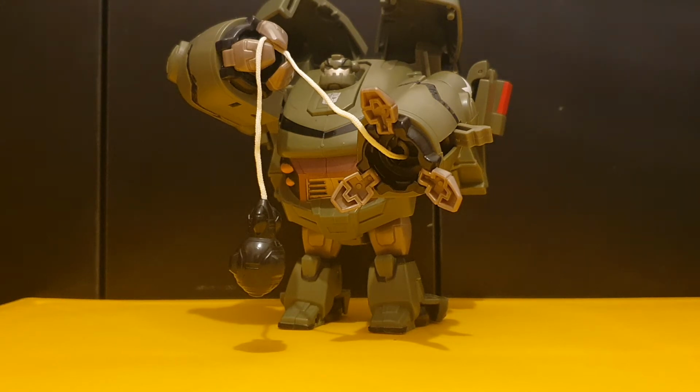But other than that, do I recommend Bulkhead? Well, if you don't have the Leader Class figure, then maybe go for the Leader figure, I don't know, but if you like Bulkhead, then this is not a bad figure to get. This is one of my favorite Transformers Animated figures, along with Leader Megatron, but they are my only Animated figures right now, so I'm being biased. If I did say, oh, you should definitely get this guy, I'm pretty sure someone would say, what about the Leader Bulkhead figure? I'm pretty sure that's a better Bulkhead figure, but I just got this figure because I don't have enough space on my shelf. But I might get the Leader Bulkhead figure in the future because